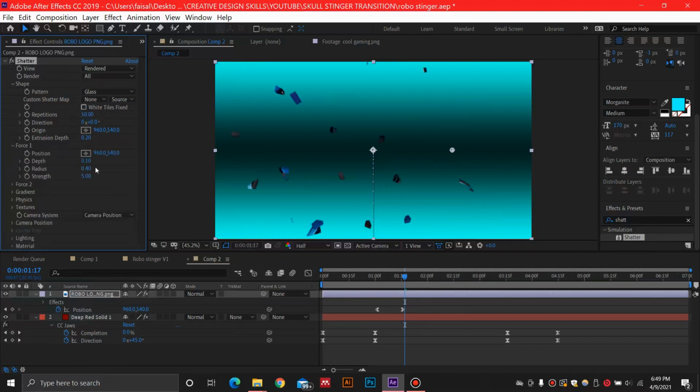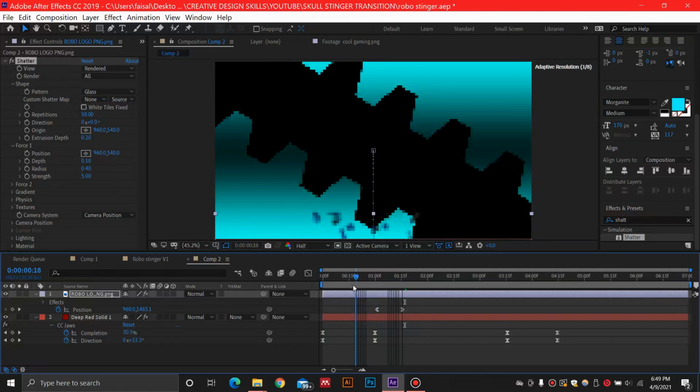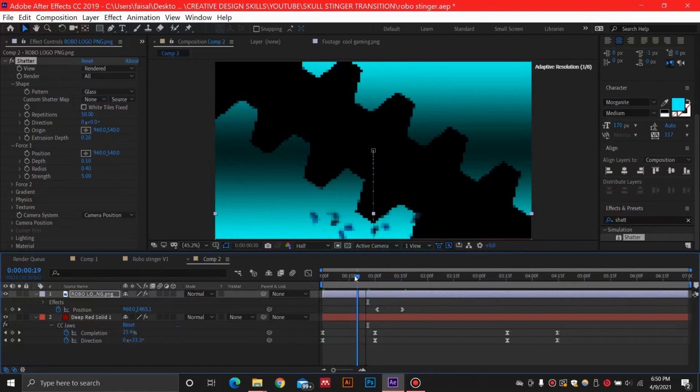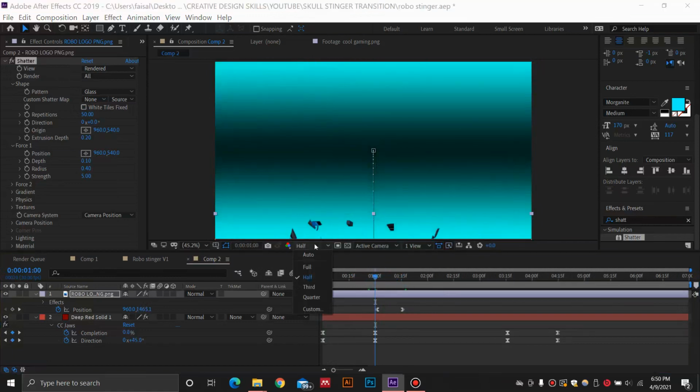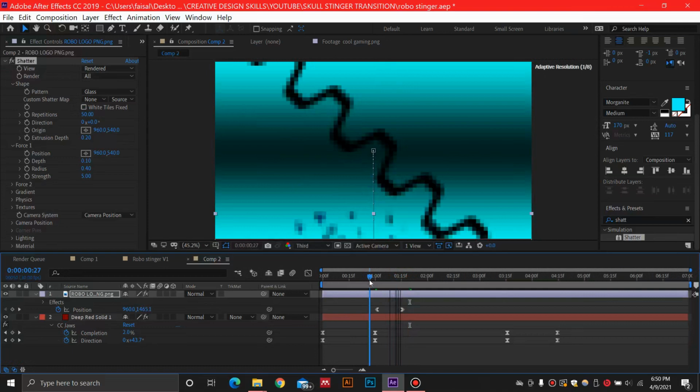For this force, I'm just going to leave it at there right now, and let's see what happens. You are going to see something like this, which would be these shutter parts of this logo, because we have done the position animation first.